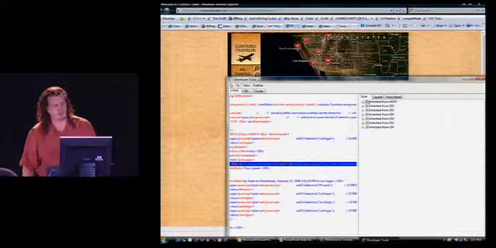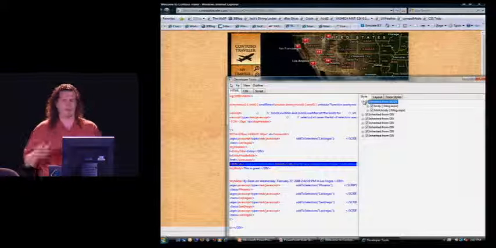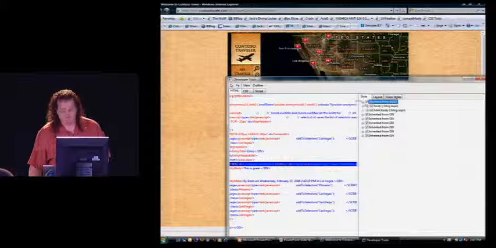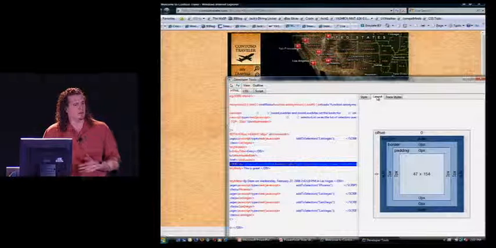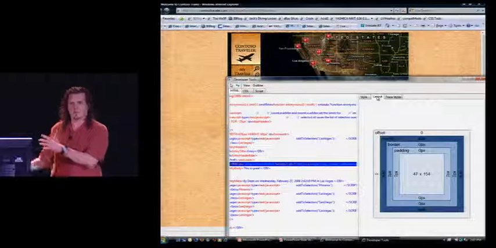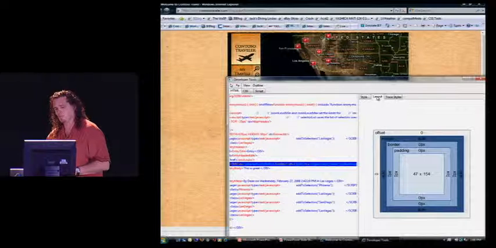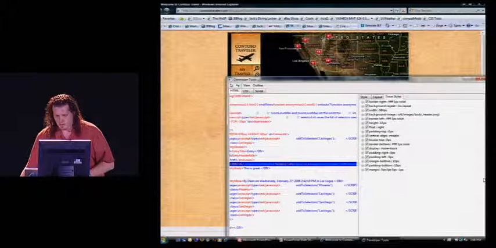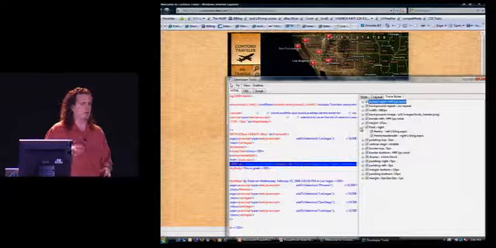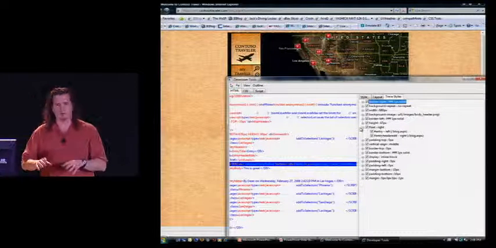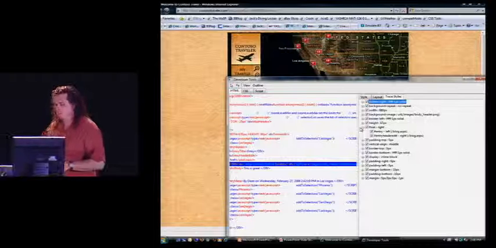You can look and see what styles you inherited from a particular element in the tree. You can look at the layout of the element, and it'll give you all of the information about what size it is, where it's positioned, that sort of thing. You can actually trace where the styles came from as well and figure out exactly why this particular element is blue or fuchsia or whatever.